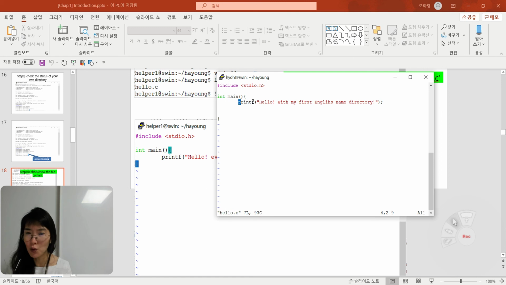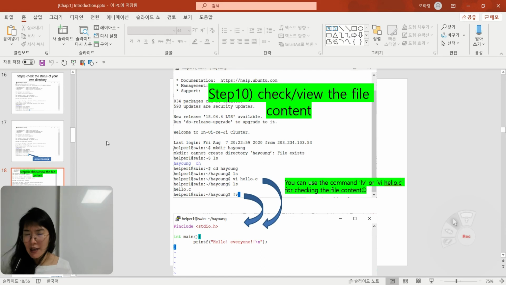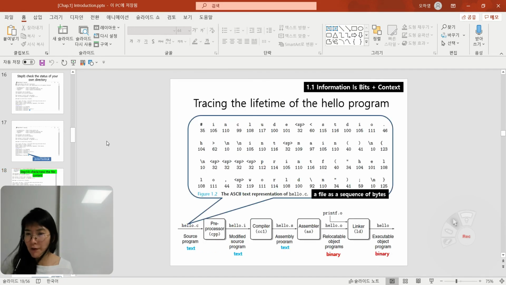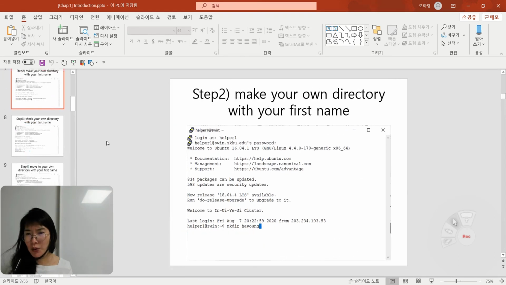And then if you want to save your own file after modifying your content, as I mentioned, please press ESC and then colon WQ, exclamation, and enter. Alright, so in step 10, we already checked or viewed our own file. Okay, so in this video, we